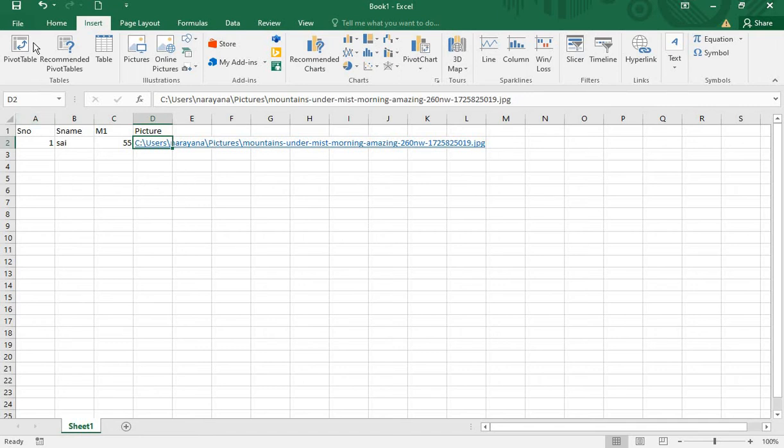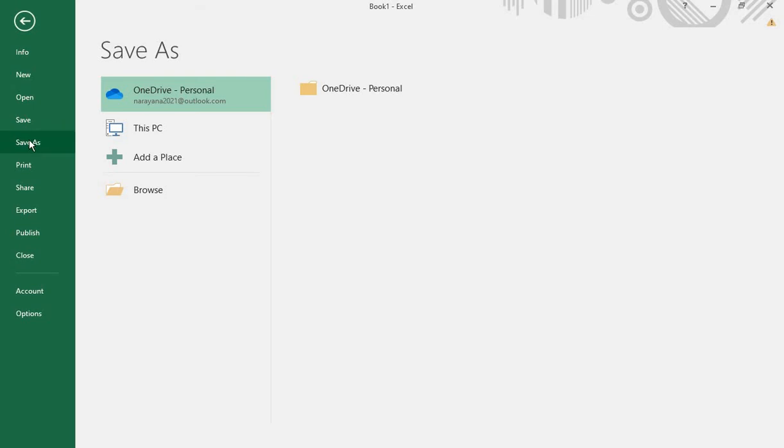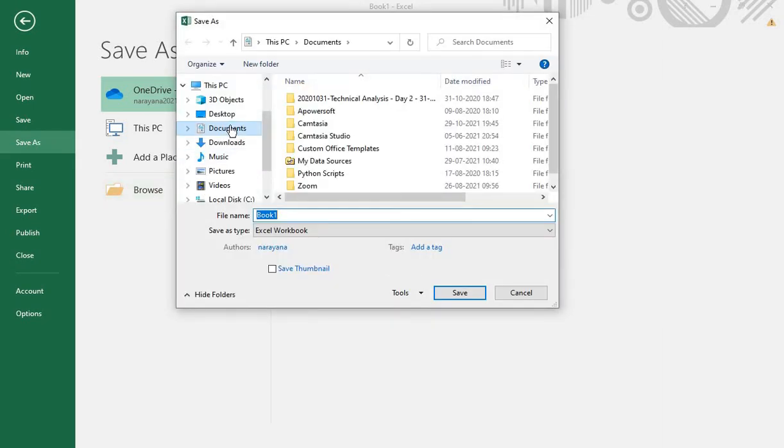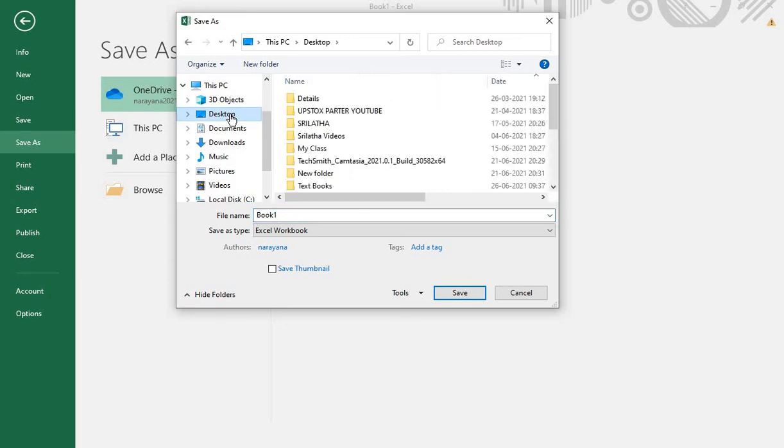Now I am saving this file. Before running this file, I am clicking on the save button to save this file. See here, desktop. I am placing this file on the desktop only. The file name is demo program.